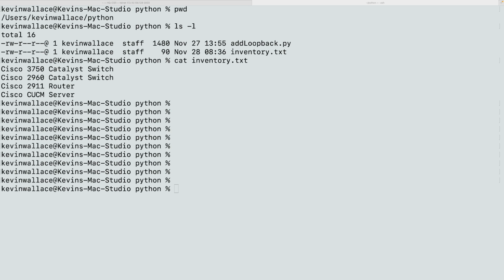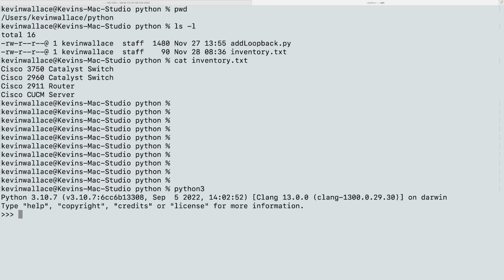It can interact with this and run in real time. For example, I could say python. Now, if I have more than one version of Python, I can specify that version here. I have 3.10, so I could say python3.10, or since that's the only version of Python 3 I have installed, I can just say python3, and you see I'm at a different